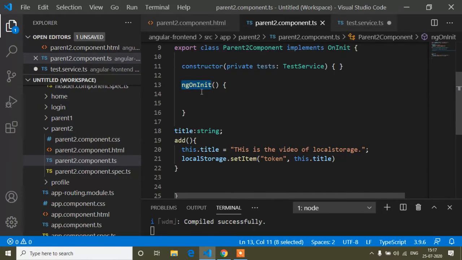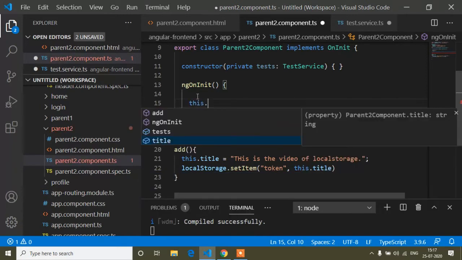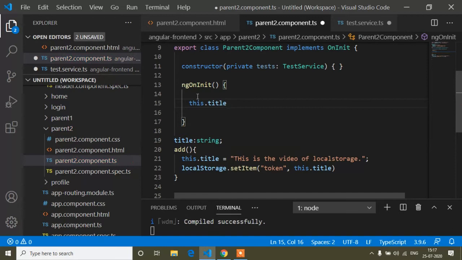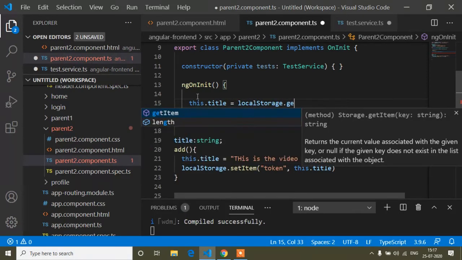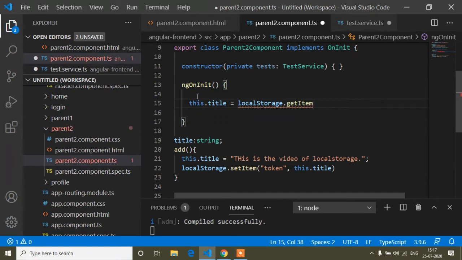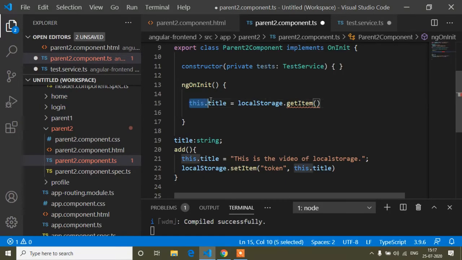This is the life cycle hook, and ngOnInit is called when our page is reloaded. So when we reload our page, this time inside this title variable we store our local storage value. So this.title equals localStorage.getItem, because this time we are getting local storage inside the title variable.